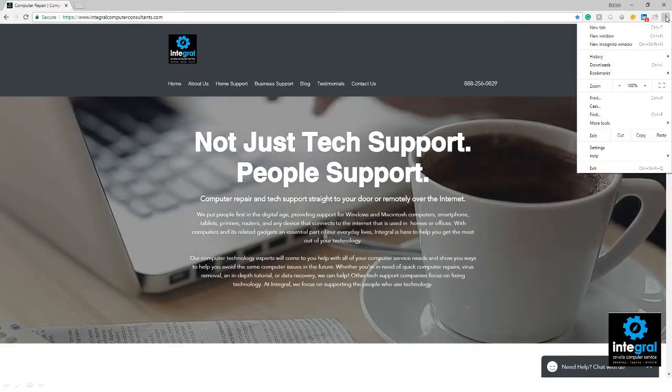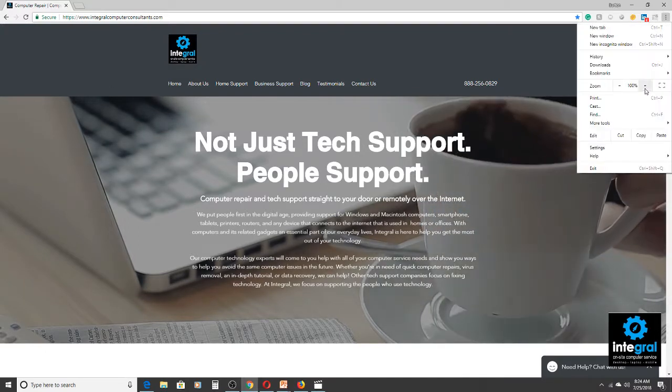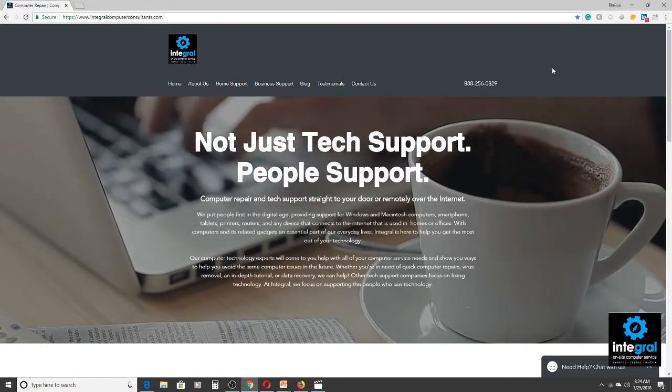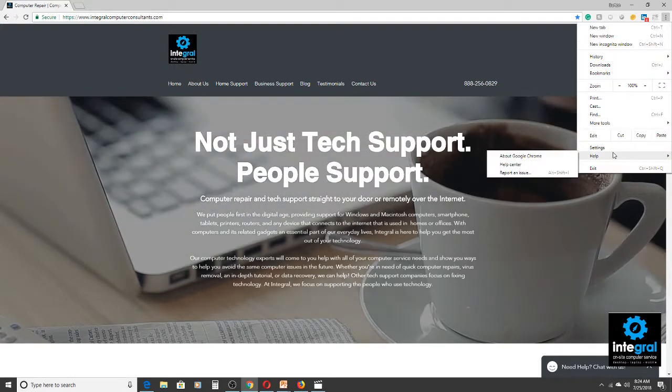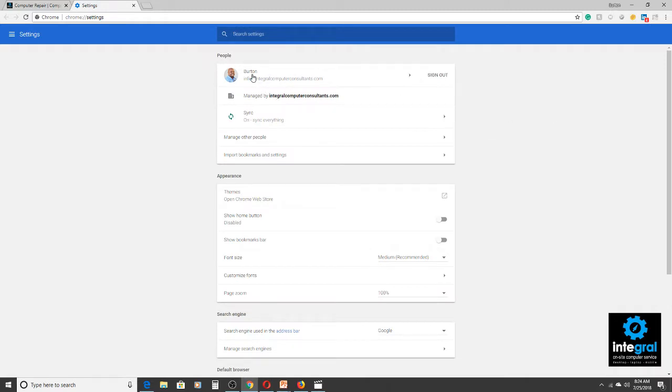So it's just a matter of going to settings, and notice how I strategically had this go to the Integral website. But you just go into settings in Chrome, which is the menu off to the upper right-hand corner. So there, you go into settings. Oops, we clicked on help. Once you go into settings, it will ask you to sign on with your Google account, and you want